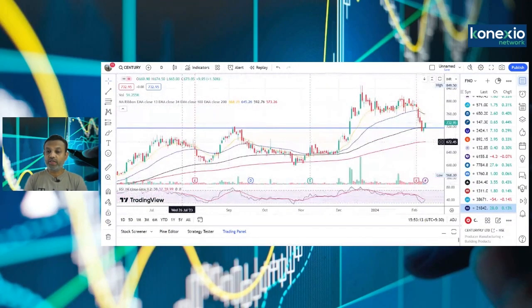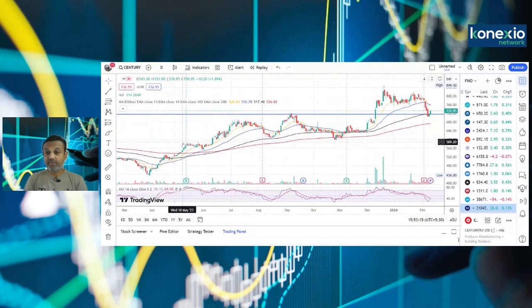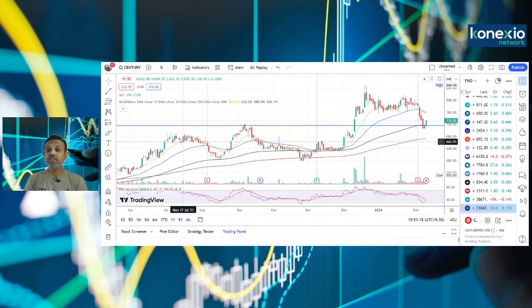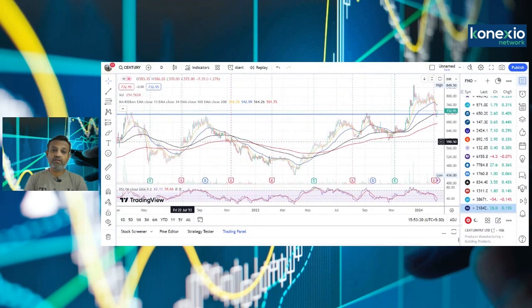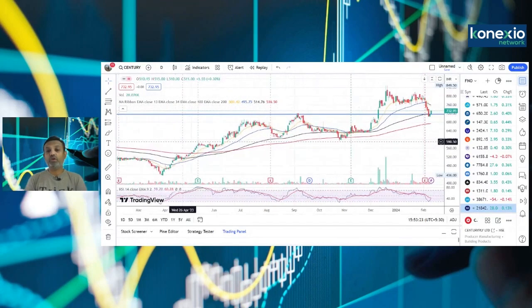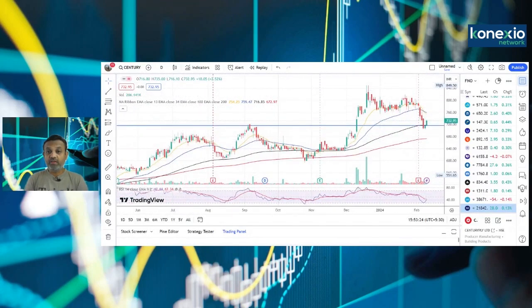RSI is also into oversold territory. It is into a comfort zone. So definitely, again, this multiple support region could turn out to be the buying range of the investors. So definitely, one should look out for this stock. Currently, the stock is quoting around